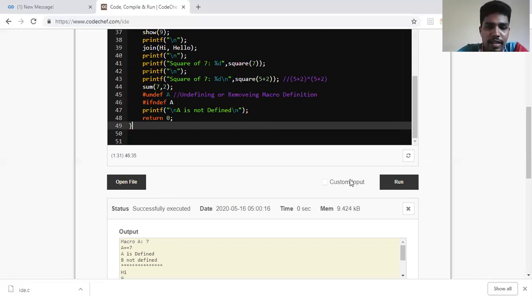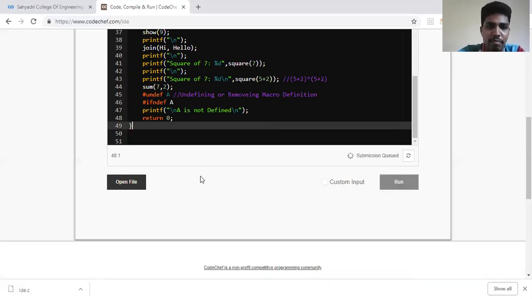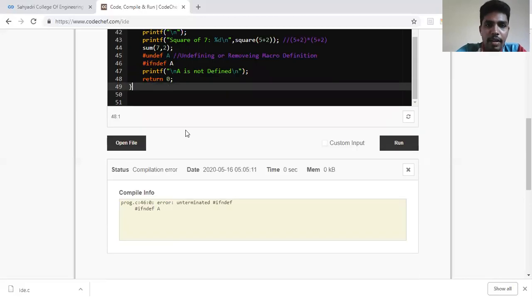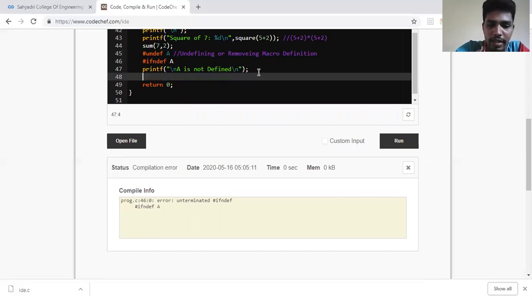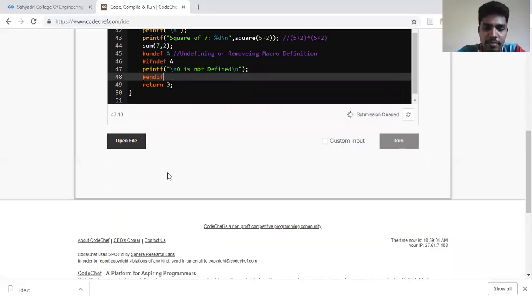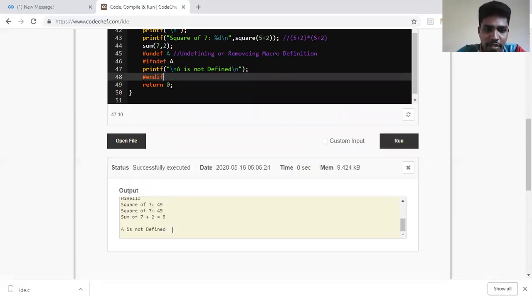We'll run this and see whether this line is actually printed. I have not used #endef, I should be writing #endif. So if you can see here, a is not defined because we undefined a previously.